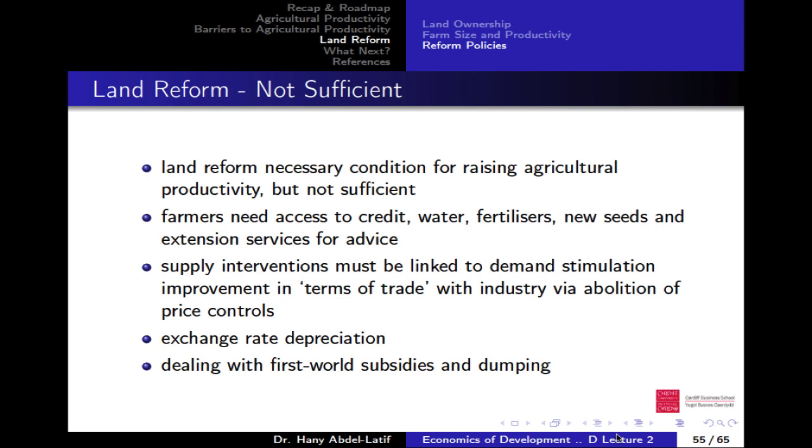Whether this is right or wrong, whether this works or doesn't work, this is something that's going to be different from one country to another, and also something that you should find out about.